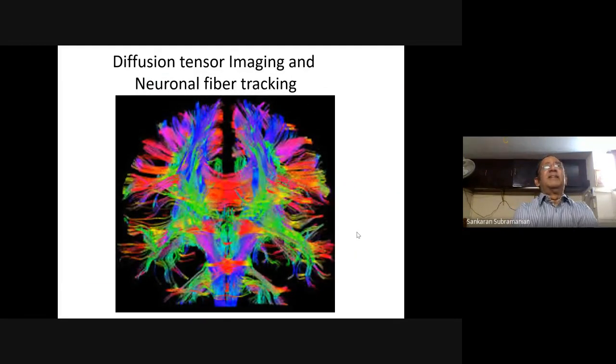Additional information comes as a result of measuring the so-called diffusion tensor of protons or water in the brain. For example, the neuronal connectivity via synaptic information transfer takes place via the conduction of protons in the brain. And therefore, if we can have an idea about the motion of water protons inside the brain, it is a tensorial quantity, meaning it has a unique fast axis of diffusion movement.